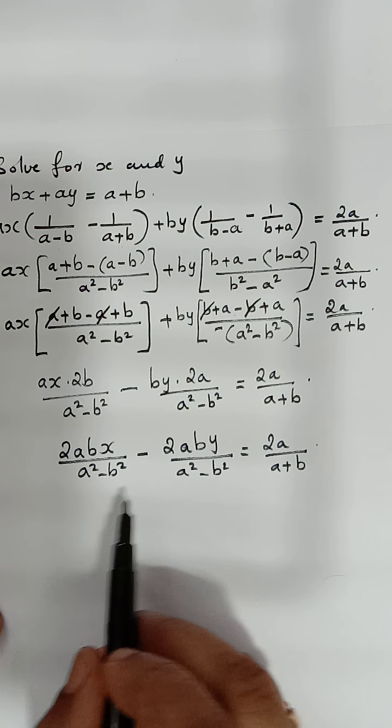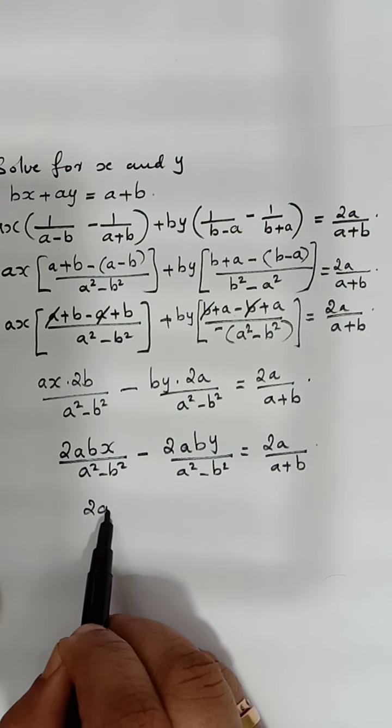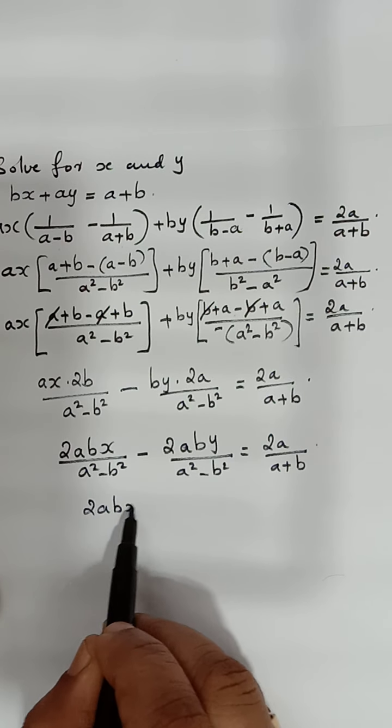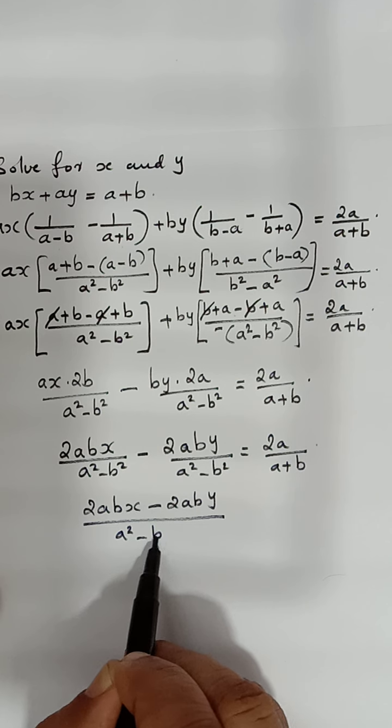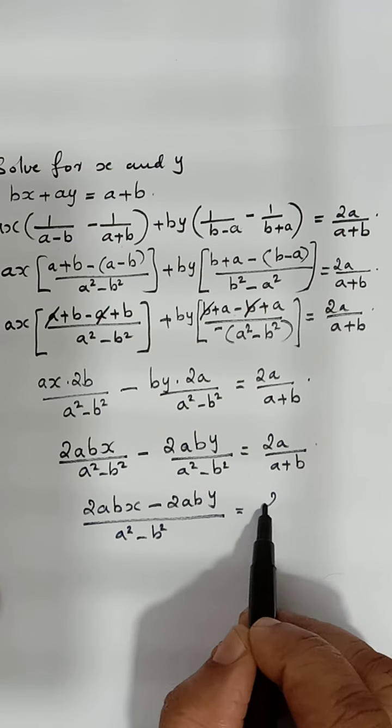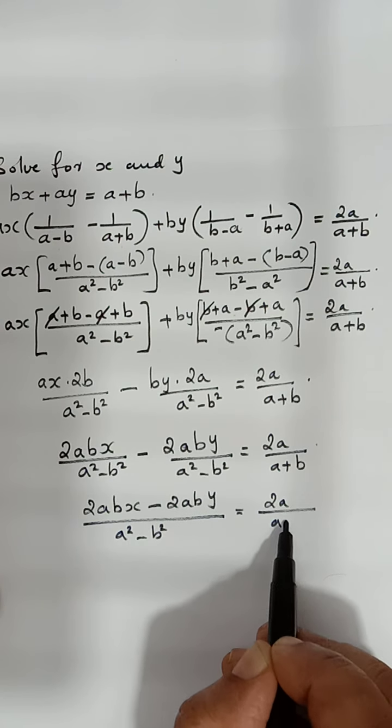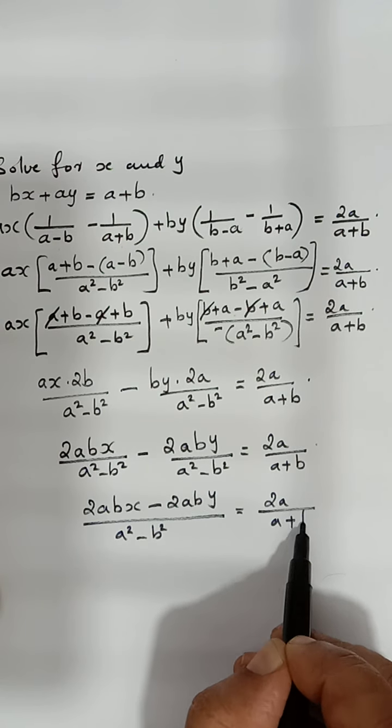Here we have common denominator, so let us take it as 2abx minus 2aby divided by a square minus b square. If you want, some of the steps you can skip. I am writing all the steps. Now again we have to do it as